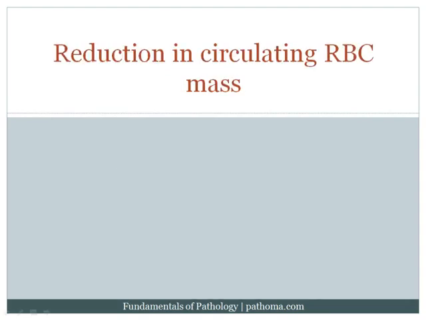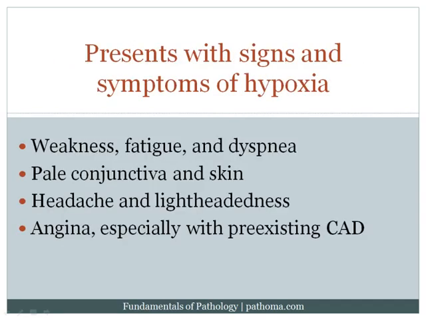Anemia is defined as a reduction in circulating red blood cell mass. This is the technical definition of anemia. And we're well aware of the fact that red blood cells carry the vast majority of oxygen within the blood. In particular, the hemoglobin within the red blood cell carries the vast majority of oxygen within the blood. And therefore, if patients have a reduction in red blood cell mass, they're going to present with signs and symptoms of hypoxia. Some of those signs would include weakness, fatigue, and dyspnea, dyspnea being shortness of breath, pale conjunctiva and